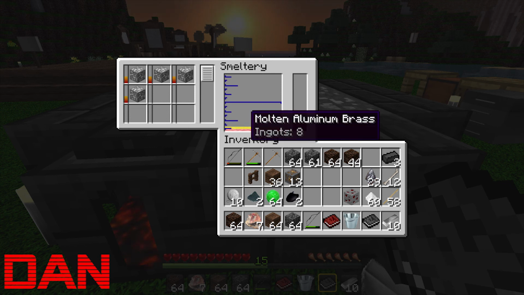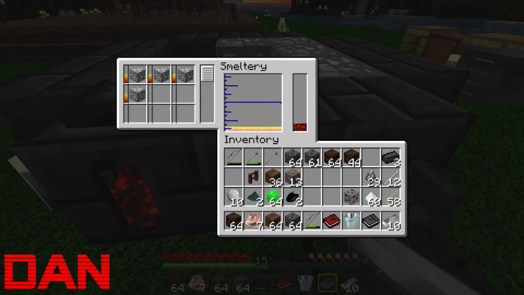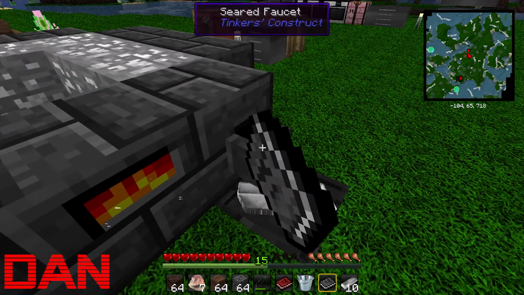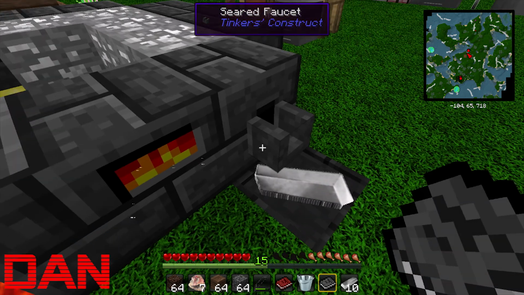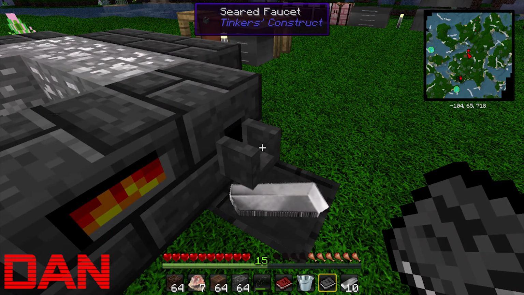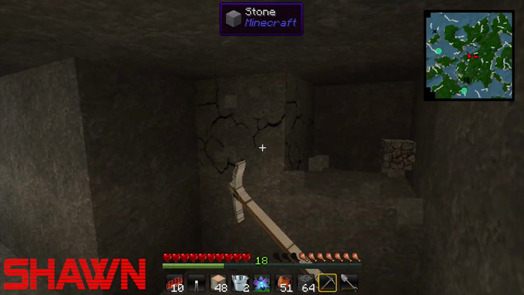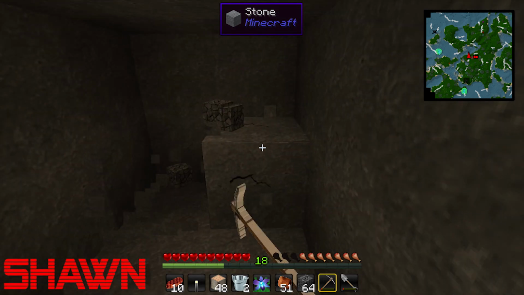Now, the reason why this is important is if I was to try to make a cast out of this with the aluminum at the bottom, it won't work. I can right click on the seared faucet till the cows come home, nothing's going to happen. However, if I click on the aluminum brass and make sure that's at the bottom and I right click on it, it will pour the mold. However, as I said, I'm going to wait for my colleagues to get here before I do that. So. Yeah, well, if I could find any...